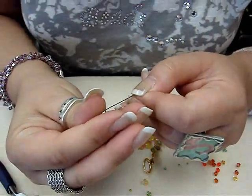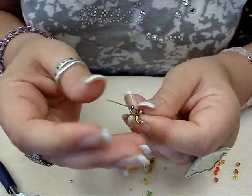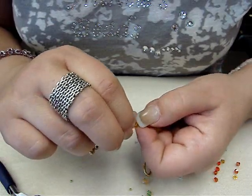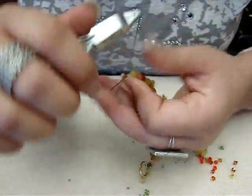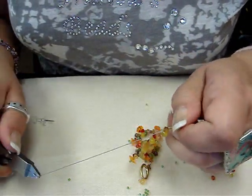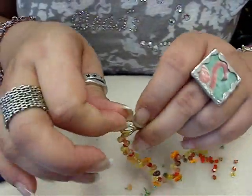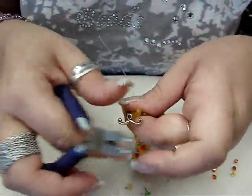My crimp and the bar of the toggle. I'm going to run it through. I'm just going to run it through the crystal. And before I crimp this, I just want to make sure I have enough room, and I do. Then I'm going to crimp this crimp bead again with the magical crimp forming tool,